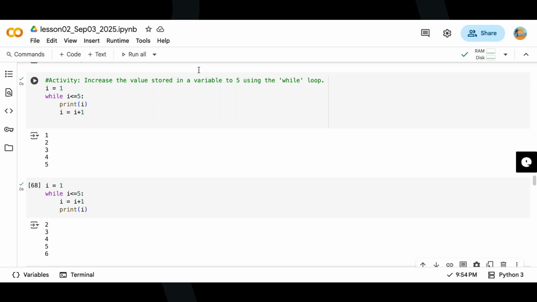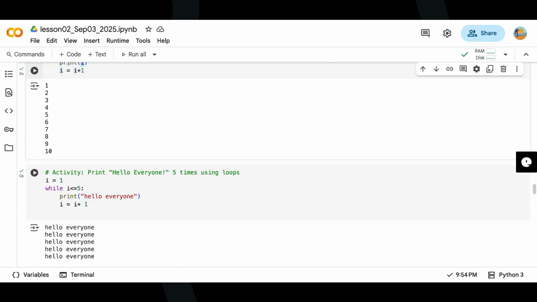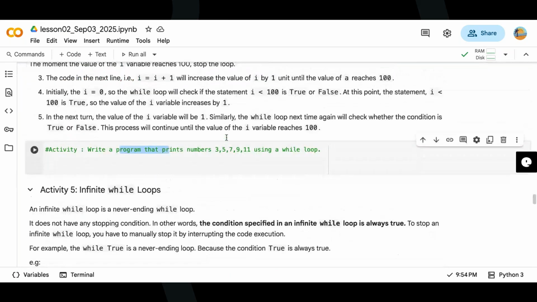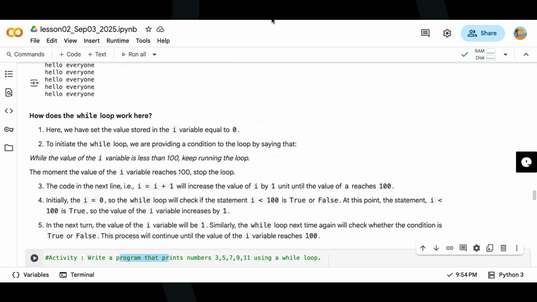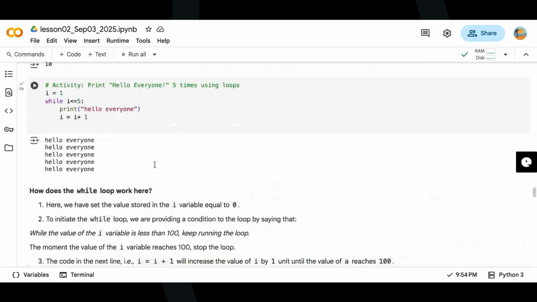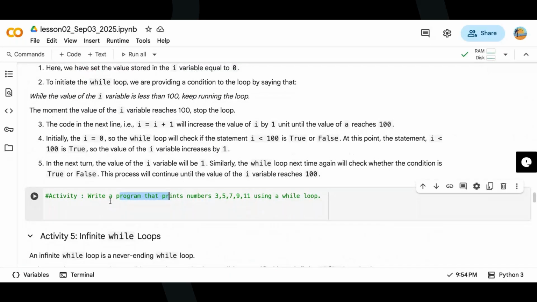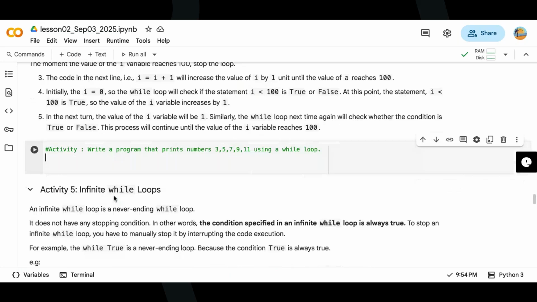So you can try this while loop and try this activity like homework: write a program that prints numbers 3, 5, 7, 9, 11, using the while loop. We have a simple explanation of how the while loop works also. Whatever I've explained, we have put it in the text also. If you are confused, you can read that too. But try this activity. It is 4 lines of code, but you have to think of a logic where, using the while loop, you print this. Try it. Tomorrow we'll cover what happens if the condition is always true,